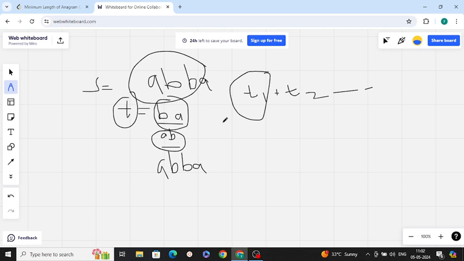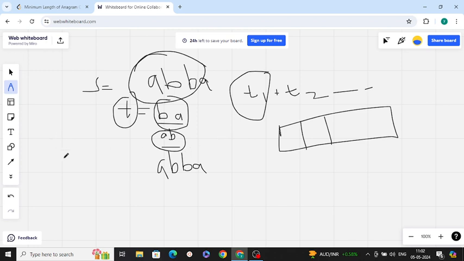So the biggest hint here is that at the start, we need to calculate all the divisors of the length. We will store all the divisors in one array. For calculating divisors, if you have solved problems on that earlier, it will be very easy for you. Otherwise, I will explain it.